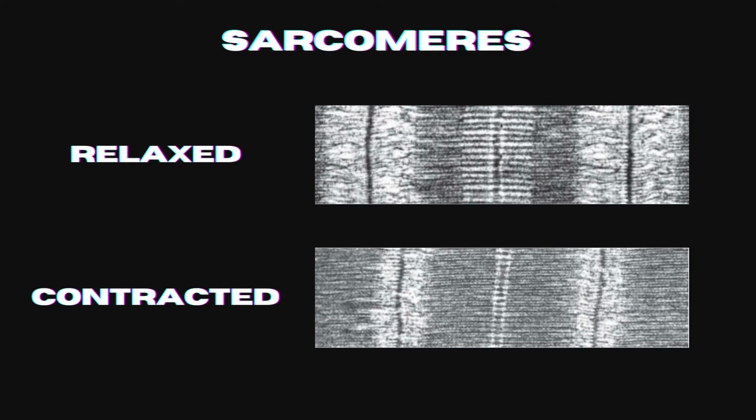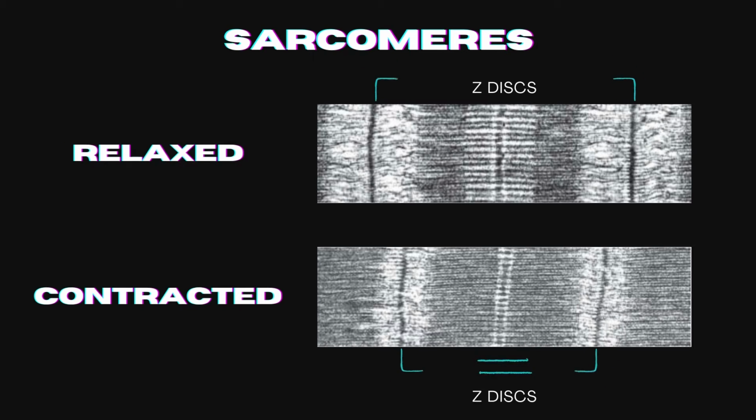When we see pictures of contracted sarcomeres, we can see that the I band, or the light zone of the sarcomere, is decreased in size. This is because the I band represents the thin filaments with no overlapping with thick filaments. During a muscle contraction, the thin filaments will be pulled towards the center of the sarcomere, thereby causing the thin filaments to overlap with the thick filaments, causing the Z discs to be closer in distance and the I band